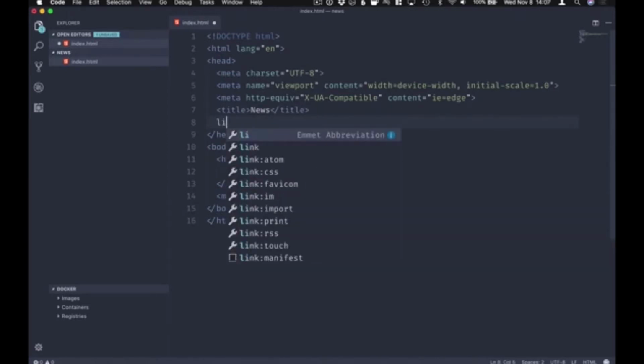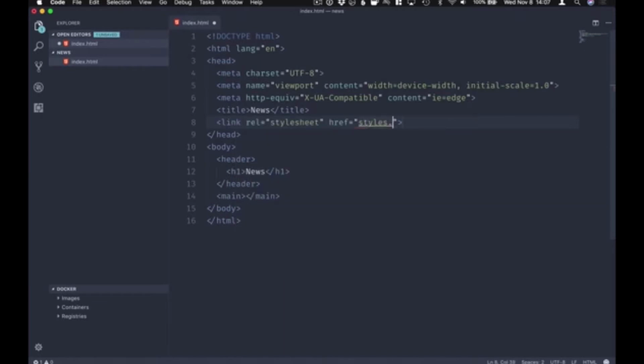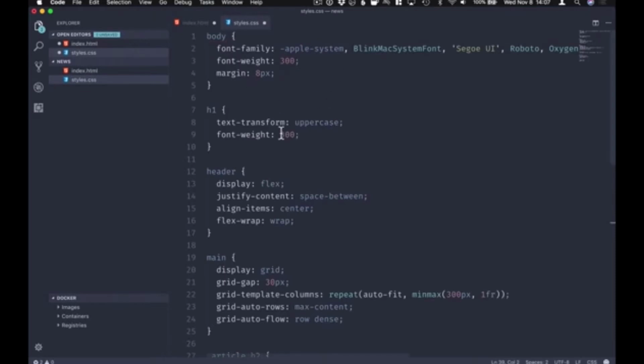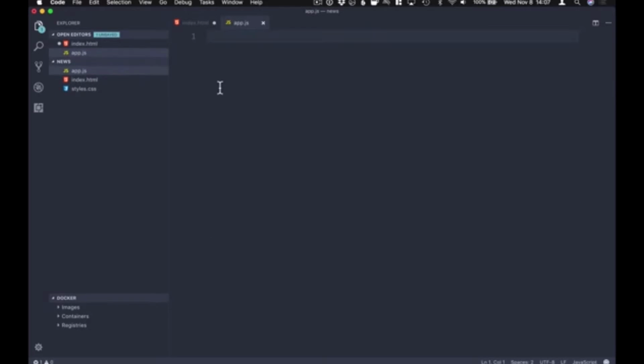In addition to that, we'll have a style sheet. So we'll just have a link here to styles.css, and we'll also include a JavaScript file for all the application logic. Let's call it app.js. Then let's go ahead and create these files. Styles.css. Here I just have a ready-made template for the styles because we're not going to focus on the actual styling. Then we'll have the app.js file. We can leave it empty for now,